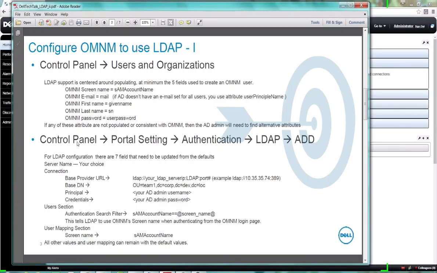The way we get to LDAP is we go to Control Panel, Portal Settings, Authentication, LDAP, and we click Add. I'll show that here in a minute. For LDAP configuration, there are 7 fields that need to be updated from the defaults. When you click Add, you're going to create a server name, your name of choice. There's a connection section which is strictly related to accessing the Active Directory, and it requires the URL to